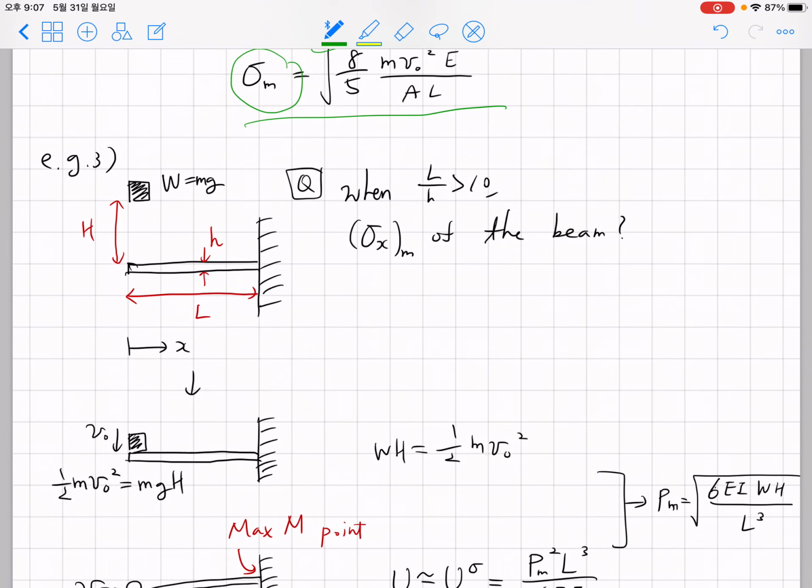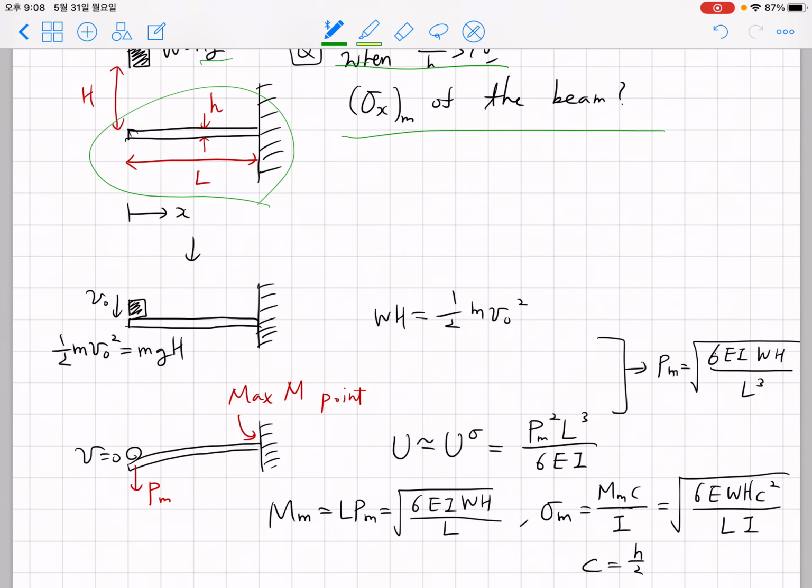Now let's move on to the third problem. When you have a mass and the gravitational acceleration g, suppose that the weight of this mass is mg, and when L over h, the aspect ratio, is larger than 10, obtain the maximum normal stress for the beam. In this problem, of course, this maximum occurs when the entire kinetic energy changes to strain energy. So we have to split this problem into two parts. First part, this mass dropped h, then gravitational energy becomes kinetic energy, Wh becomes 1 over 2 mv0 square, and this kinetic energy is converted to strain energy at maximum